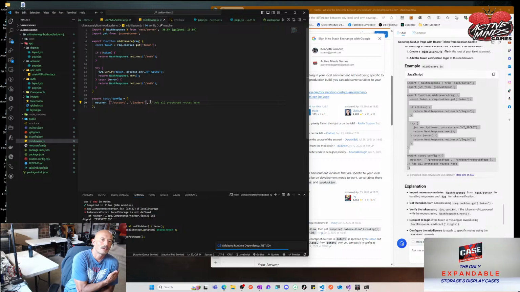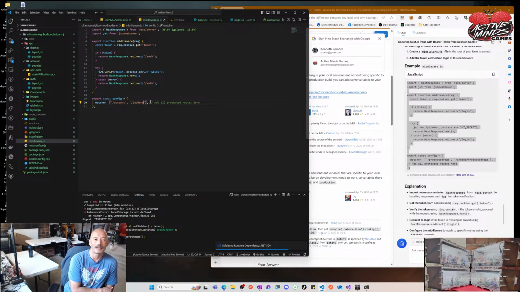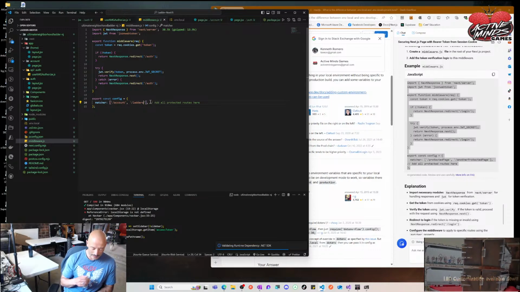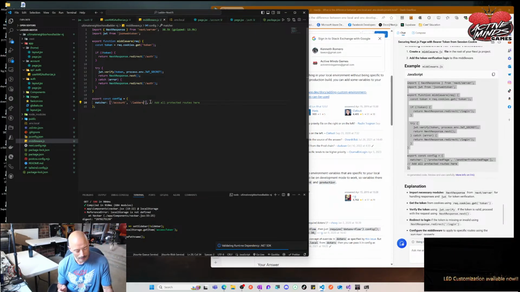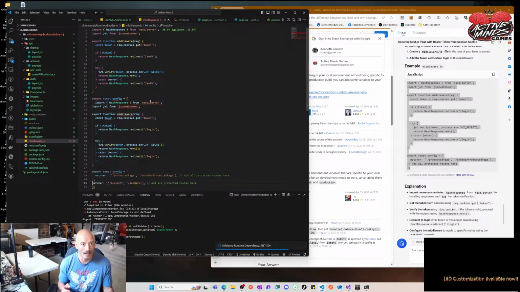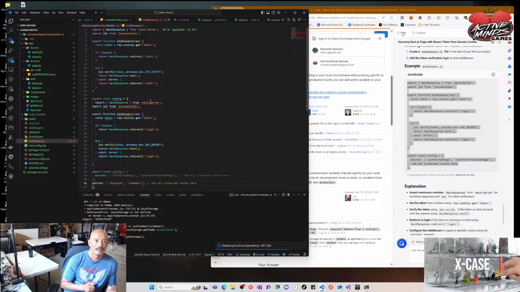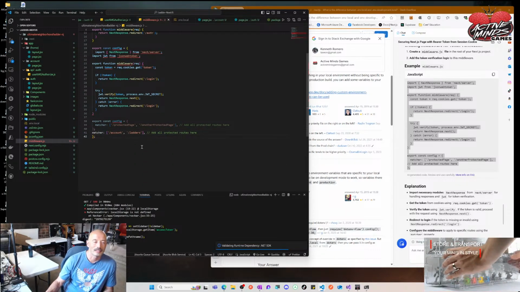So I want them to go to account, but maybe I'm just trying to decide how they would get to joining the ladder. Okay, so if they're logged in on the ladder, maybe the join option is there. So there should probably be a link on the ladder that says... oops, what did I just do? Pushed a button and it took me somewhere else. No, it just moved me up. Okay, so